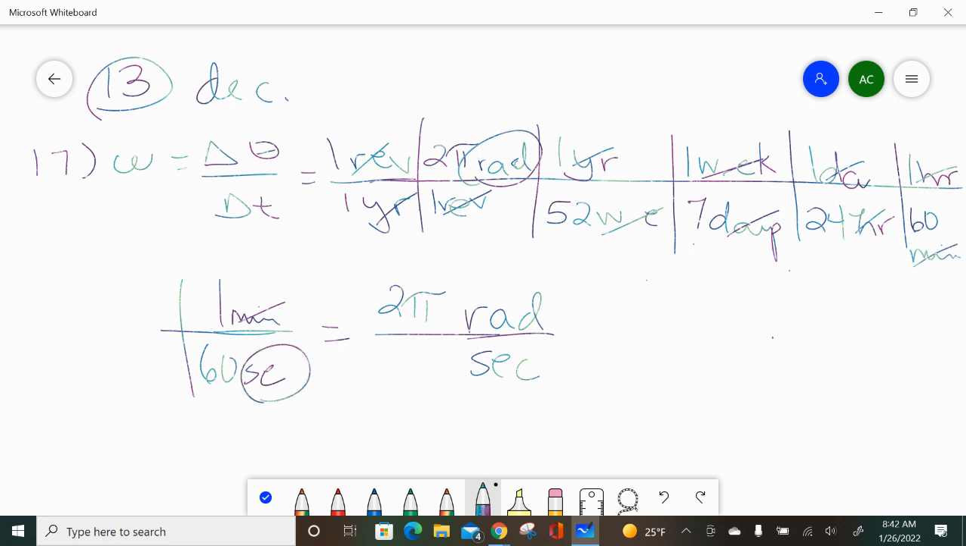Then I multiply the top. 1 times 2 pi is just 2 pi for now. And then I multiply the bottom. I'm doing it separately since this is so big and so long. If I try to do it all in my calculator, I'm going to make a mistake, I'm going to hit the wrong key. So take the extra time and work it out, top and then bottom. So 1 times 1 is 1. 1 times 52 is 52. 52 times 7 times 24 times 60 times 60 is